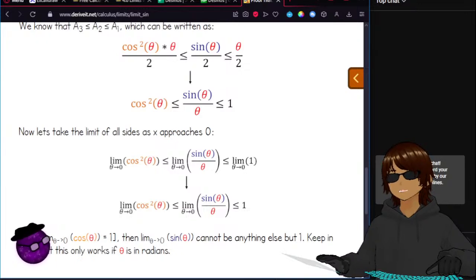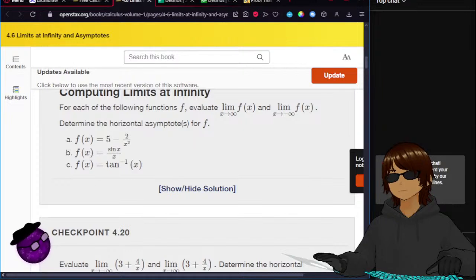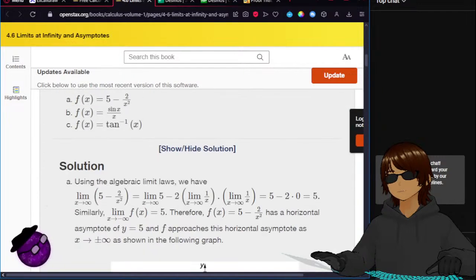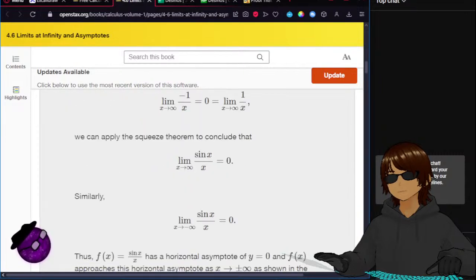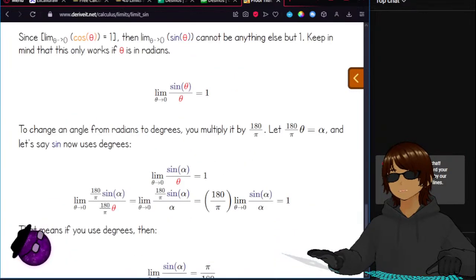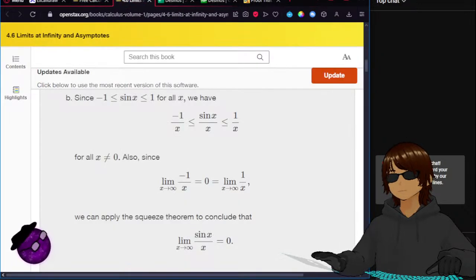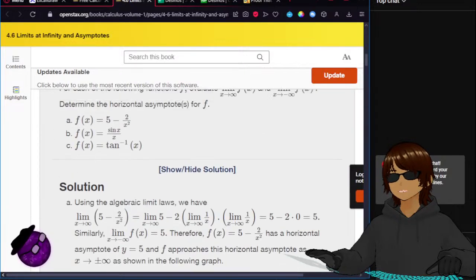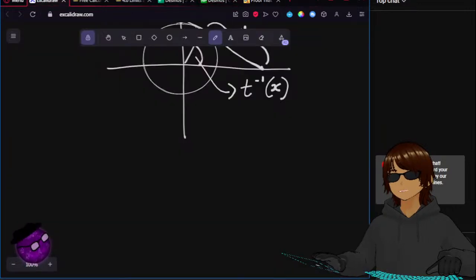So then by the squeeze theorem, sine theta over theta gets closer to 1. Oh, it's towards infinity. I mean, this is towards 0, but towards infinity